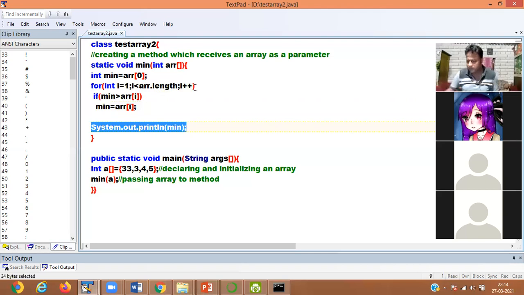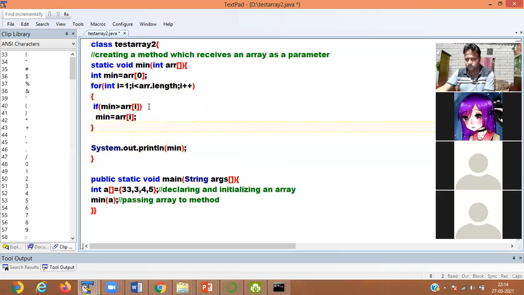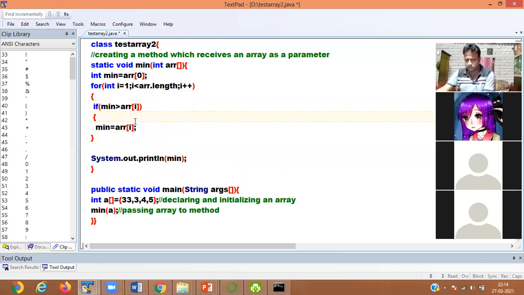Okay, so here I define another bracket. This one is the structure.